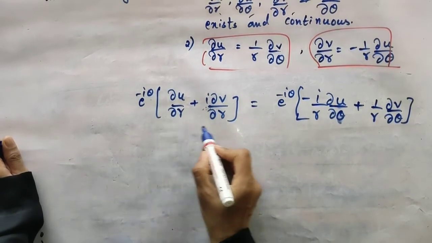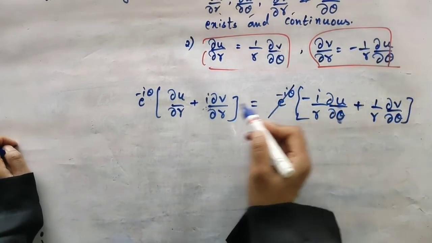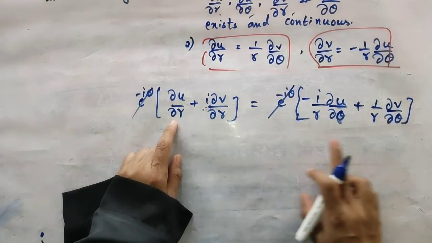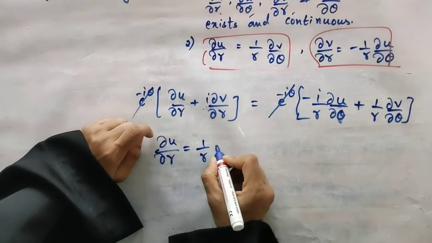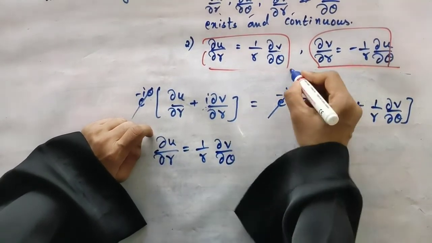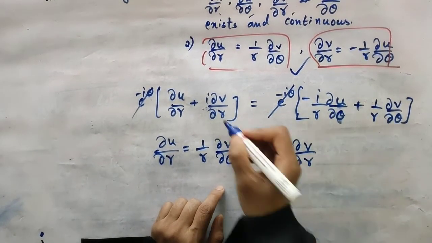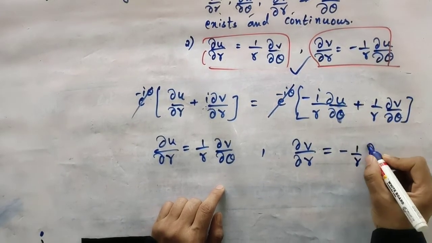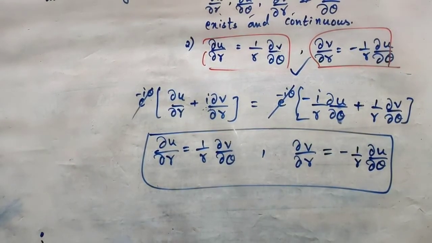From equation 3 we had got the left hand side, and equation 4 is your right hand side. So these two terms you can easily cancel. Now compare the real part. This is the real part here, and this is the real part there. So dou u by dou r is 1 by r dou v by dou theta, that is this equation. Now what is the imaginary part? Dou v by dou r is the imaginary part of equation 3, and the equation 4 imaginary part is minus 1 by r dou u by dou theta. So these are your CR equations in polar form. This completes the derivation of CR equations in polar form.